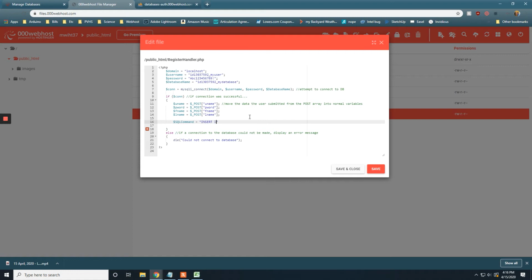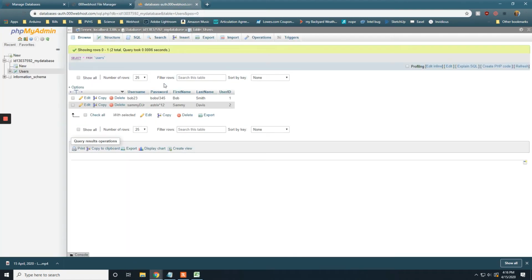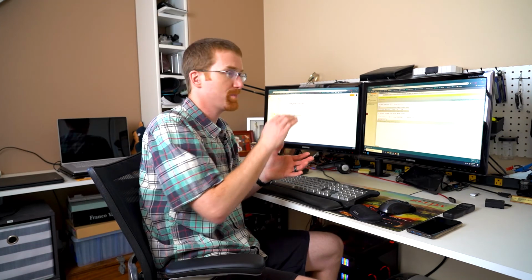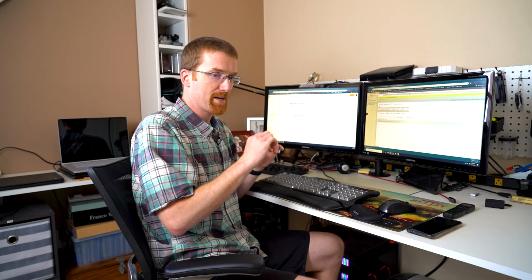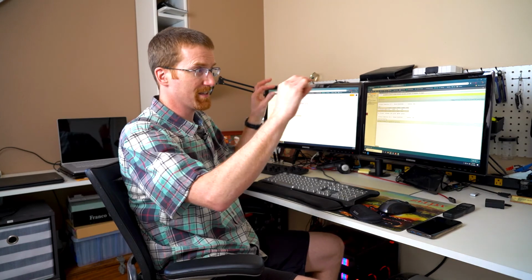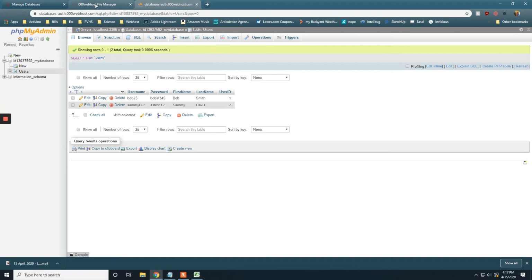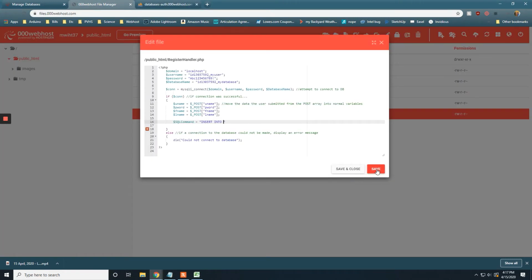Insert into. Now what we're typing here, this is SQL, so it's a different programming language. And if you recall, when we had added these first two records to the phpMyAdmin page, it built the SQL command up here for us. So even if you don't really know SQL, you can use phpMyAdmin, add a couple of records manually, and you'll see the line of code that it's creating. Then you can just go in and reverse engineer it and tweak it for your needs. So here I'm going to insert into,